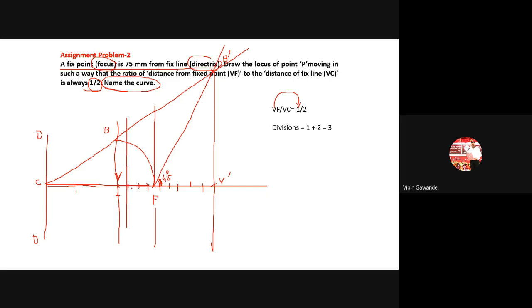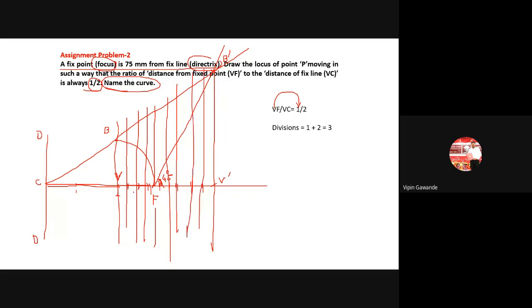ओके, तर काय करायचं, V आणि V dash मध्ये नंबर ऑफ डिव्हिजन्स कट करायचे. कुठे पण जिथे येईल तिथे कट करायचं डिव्हिजन. एक छोटसं डिस्टन्स कंपास मध्ये घ्यायचं, 1 2 3 4 5 6 7, आणि त्यामधून व्हर्टिकल लाईन ड्रॉ करायच्या. आता F मधून माझं इंटरसेक्शन गेलं नाही, पण मी F मधून एक लाईन ड्रॉ करून घेतली. ओके, आपण ती लाईन ड्रॉ करू शकतो. ओके, हे झालं. आता हे समजा 1 आहे, हे 2 आहे, हे 3 आहे. आता F ला आलाच नाही तिथे. 4 आहे, 5 आहे, 6 आहे, 7 आहे, 8.